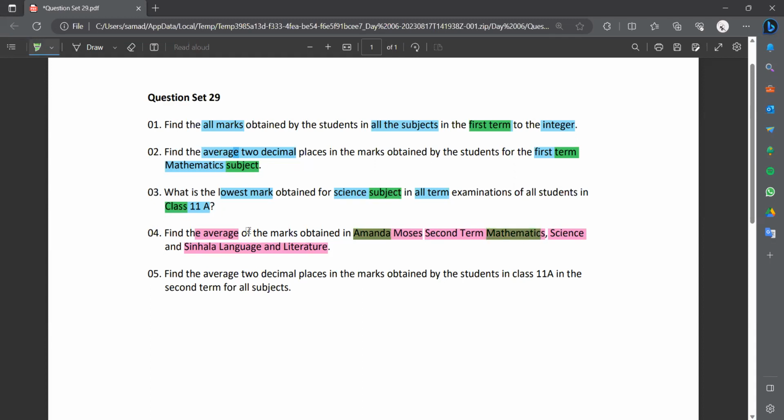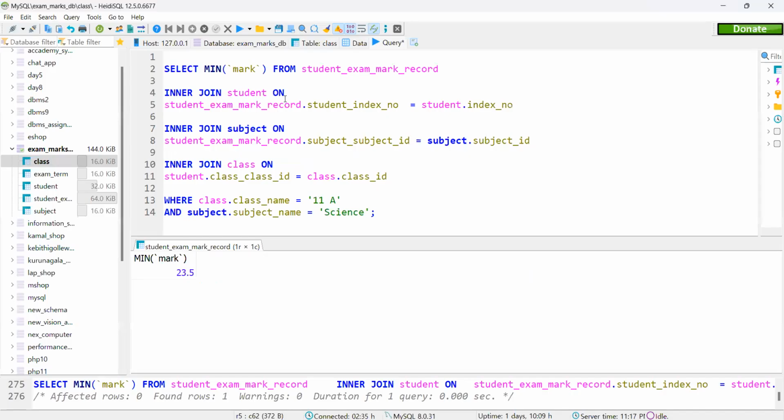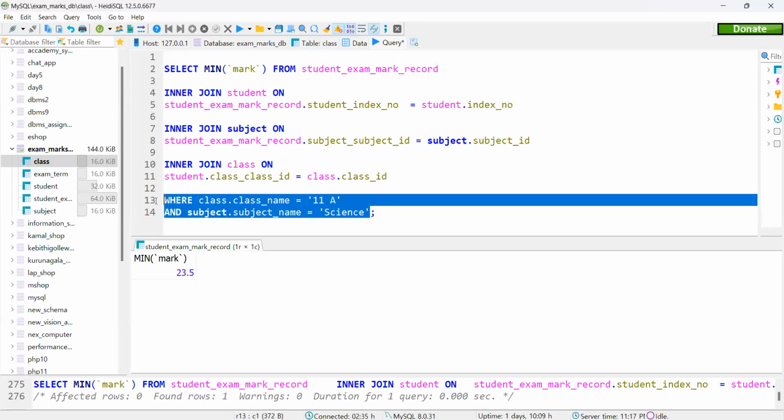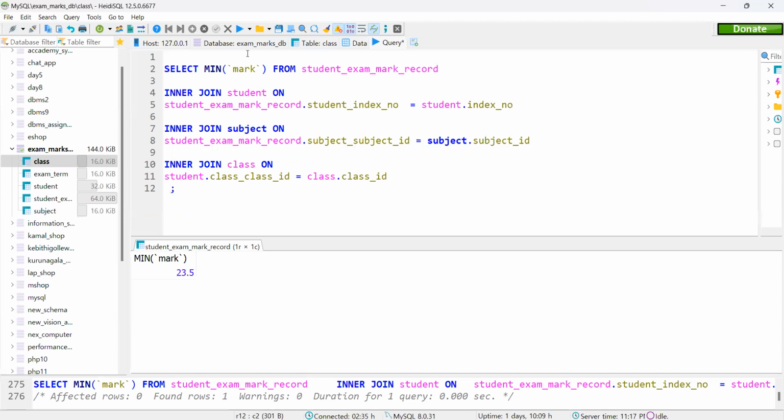To find that, we need average mark. Remove this one, and to find average AVG, and we got a student,